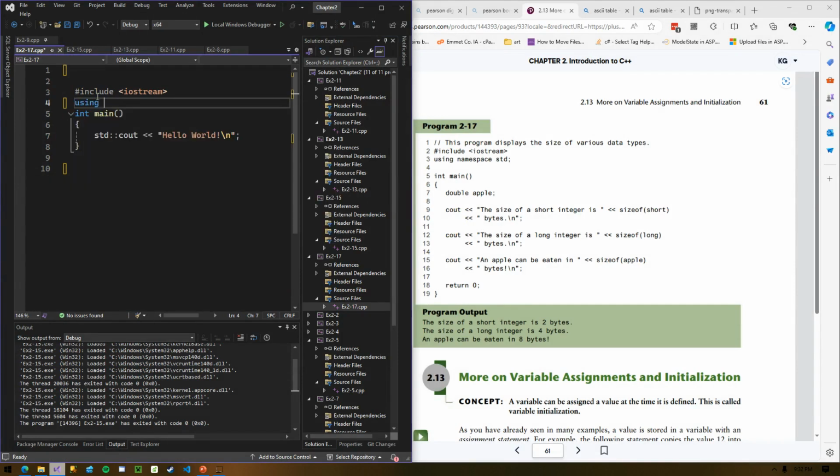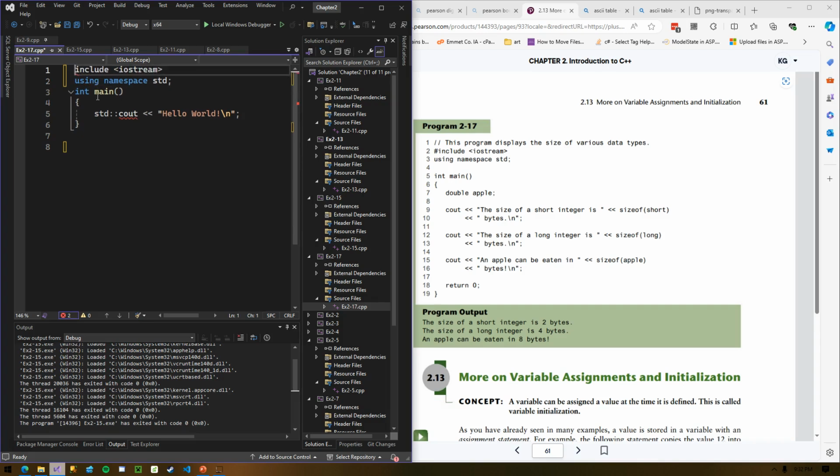Include iostream, using namespace std. I am not using my normal keyboard here. Should have warned you about that earlier. All right, double apple.